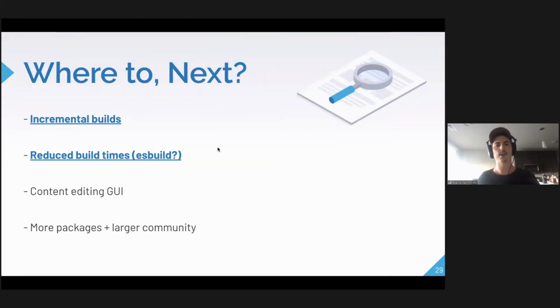Cool. So where is all of this going? I want to start with two things that I think have the possibility to completely change the way we think about Jamstack. These are linked as well, and I'll be sharing these slides so that you guys can check this out if you're interested. But incremental building is something that was recently proposed as an experimental feature in Next.js,